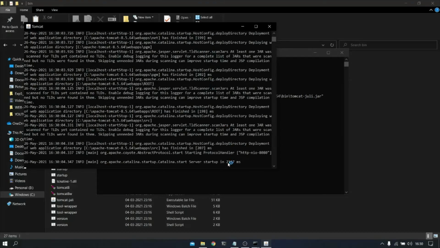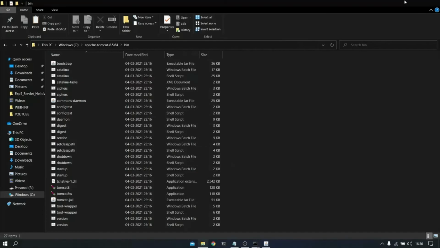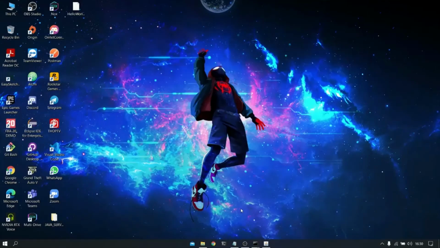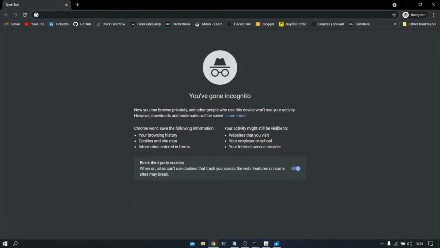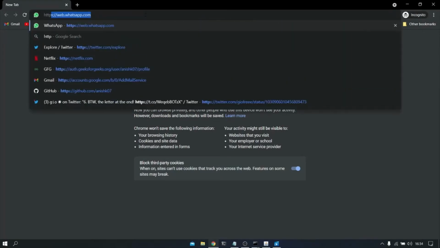Once you've done that, you can see the Tomcat is actually running. So we'll wait, and once you see this, you will know that your Tomcat server has actually started, and now you can run your program. So you can minimize this. Once your Tomcat is started, you can open your web browser, and in the URL section, you can start writing http